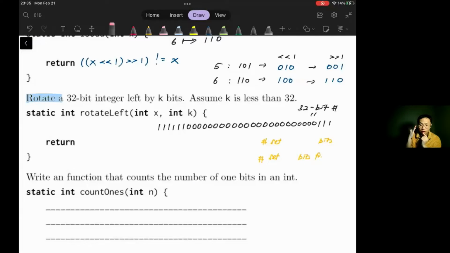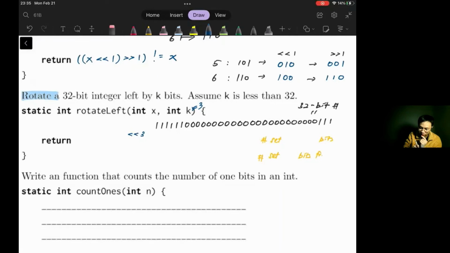Okay, for the third question, we are asked to perform some left rotation. And for left rotation, the bitwise operators that might be useful to us are the shifting operators. Okay, suppose we are given this 32-bit input integer for just an example, and then also we have 3 as our key. Okay, so why don't we start with performing left shift by 3 bits. So using the following number, we know that